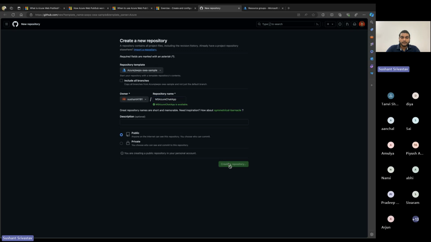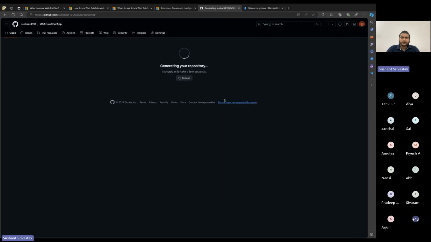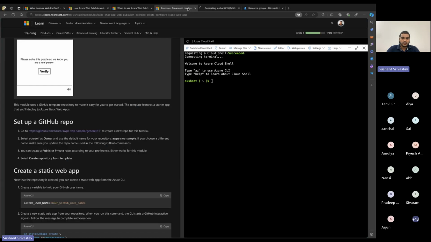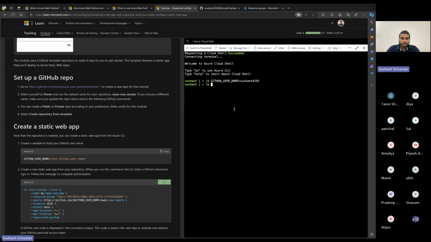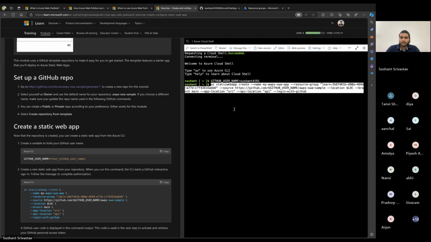and clear this repo quickly. This takes a template from the actual PubSub service that Microsoft provides for the learning process, and we'll just be using that name. So it is asking for my GitHub username. Let me just quickly enter those. Enter the name. Since we are creating a new static web app from our repo, once we run this command, we'll get an interactive sign-in module from GitHub so that we can log in, and then